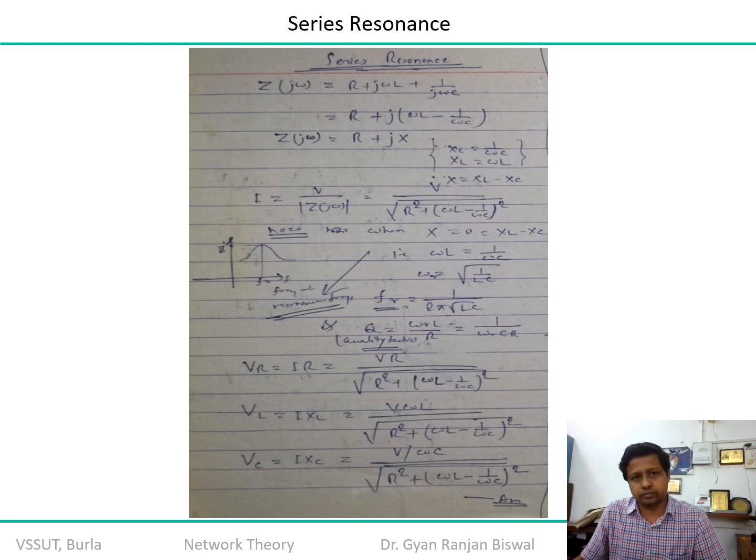Fine. So again, you can substitute this value. How much is the magnitude of VR you will get? That is I into R. So you can substitute the value of R. I into XL, you can substitute the value of XL, and I into XC, you can substitute the value of XC, which is equal to V by R. Okay, so that's how you can get the series resonance response. Okay, you see this particular characteristic. This is the resonance point where you are getting the maximum Q factor.